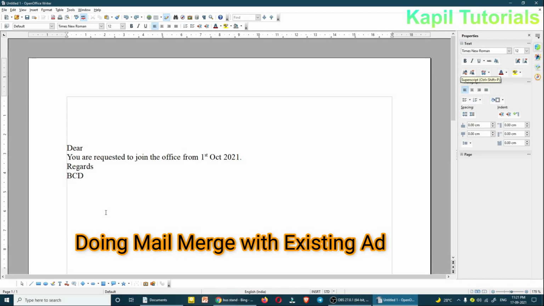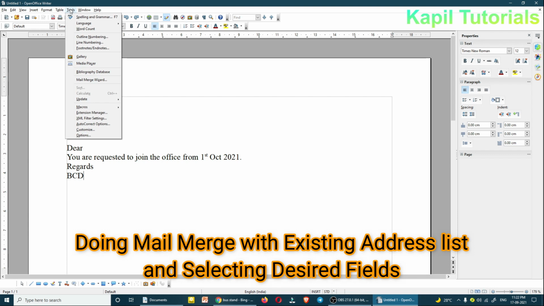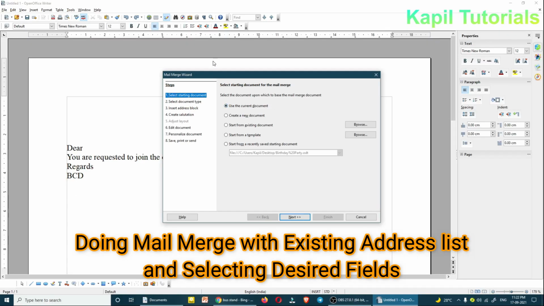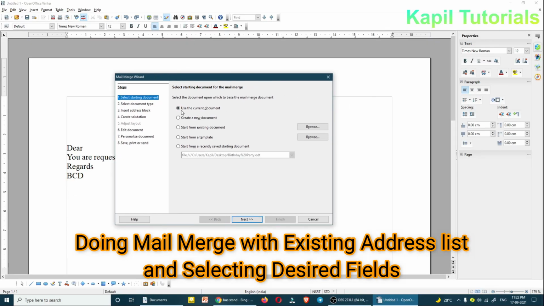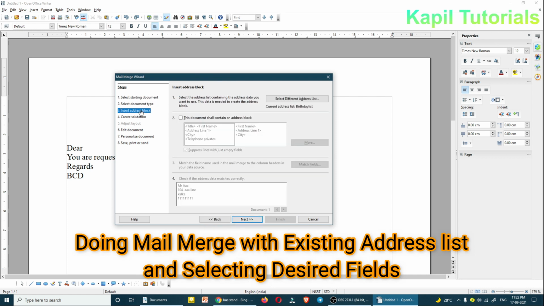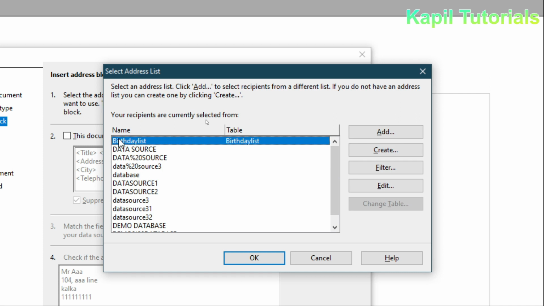Now taking another example, again I want to show the mail merge but with some different options. So I'll click upon tools, mail merge wizard, and here the same way using the current document, letter, insert address block. So earlier we made a new address list, but this time I'll be taking the same list that we have used earlier. So it was having